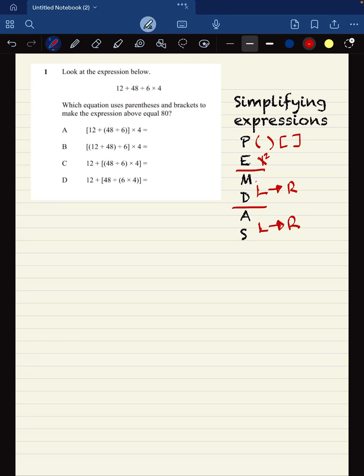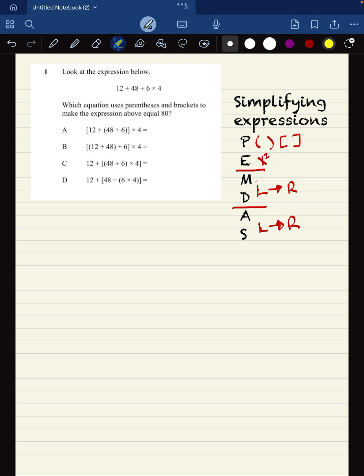Today I am going to demonstrate simplifying expressions. And what is a mathematical expression? It is basically a set of math operations, our basic four operations: addition, subtraction, multiplication, and division, like we have here. But our problem is asking us which of these equations uses parentheses and brackets to make the expression above